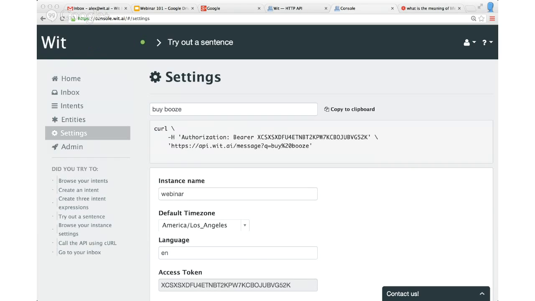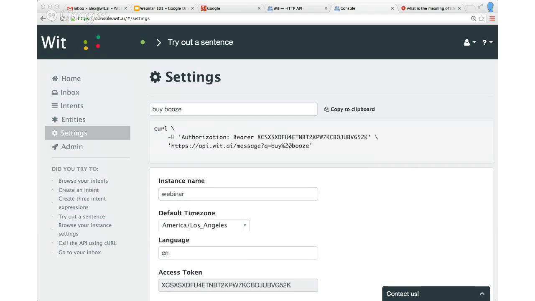And of course, confidence is important because again, Wit, you are grown up, and Wit will always give you an output. So you have to discard it if it's too low. In this case, 57 should be okay. So let's try something else. Buy paper and buy pen. And I also try to say hi there. To show you a few calls. They're not very user-friendly. Okay.